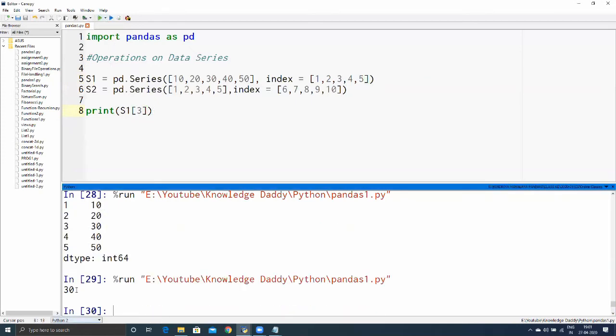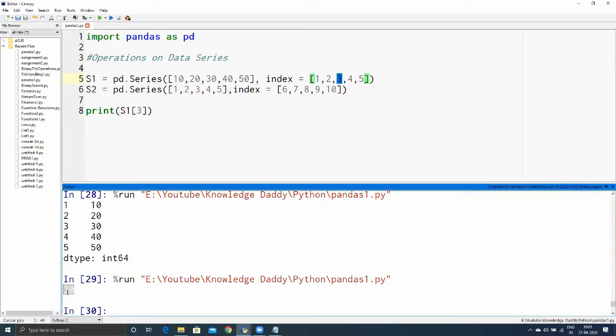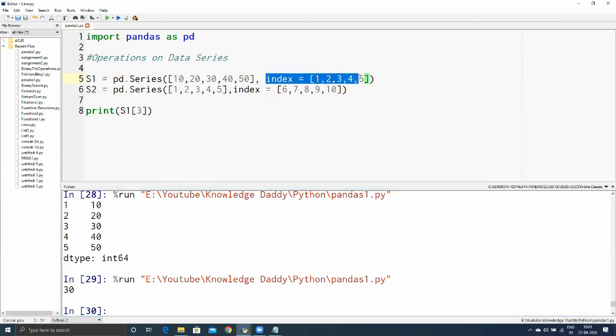Okay, so it is printing 30. Okay, so I was wrong. So S1[3] is basically printing this index position 3. Index position 3 contains 30, and that is why it is printing 30. So while we are giving this index value, we basically have this label, and when we are trying to print it, this will print the index